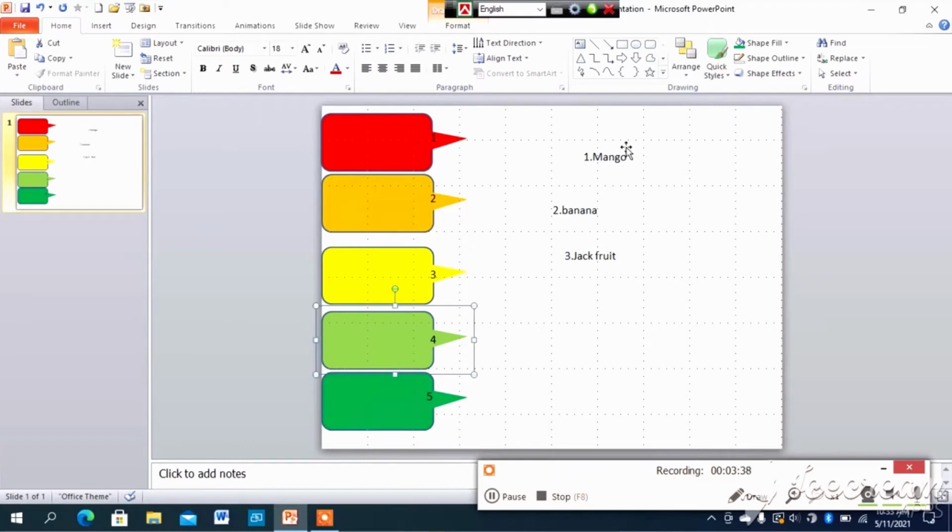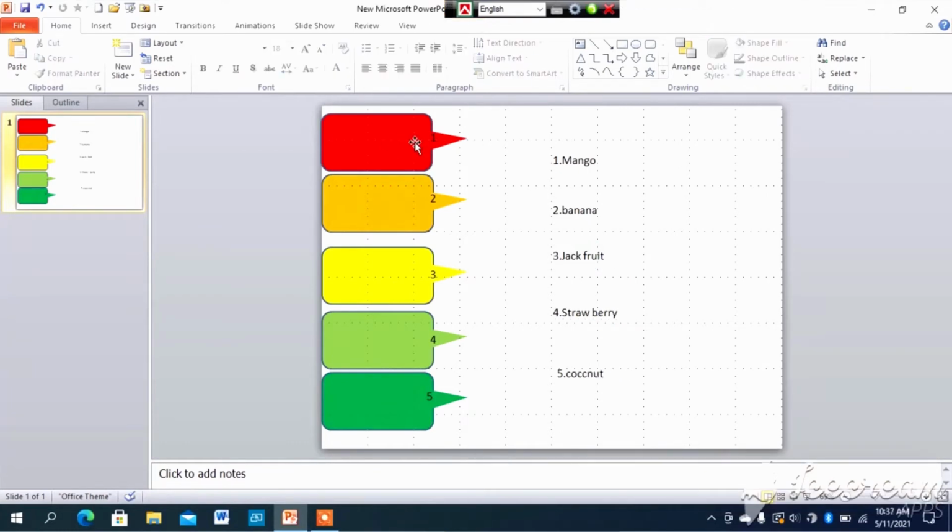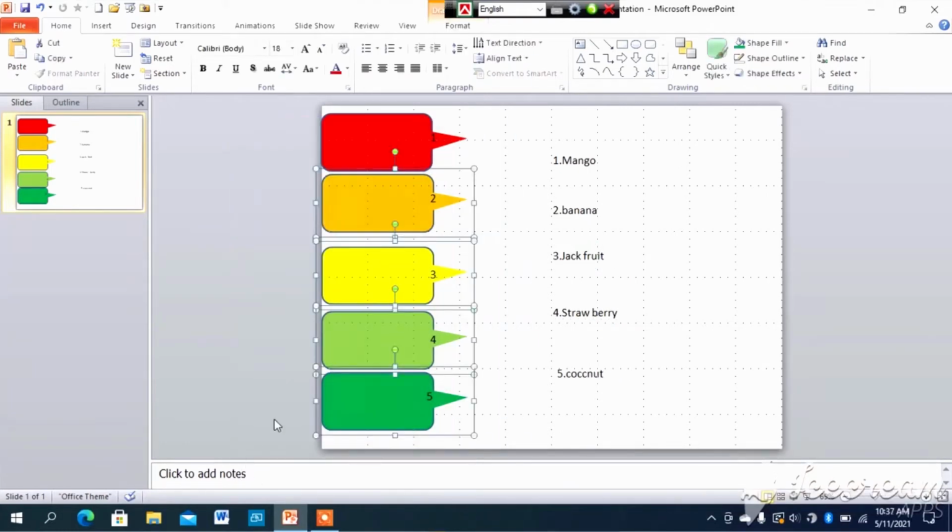Third slide is jackfruit, fourth slide strawberry, and finally the last slide is coconut. So the 5 slide titles are already prepared, and the slides should be made thereafter.